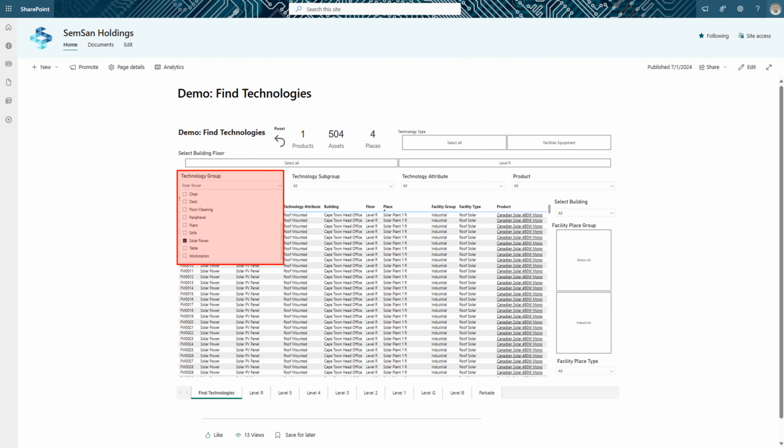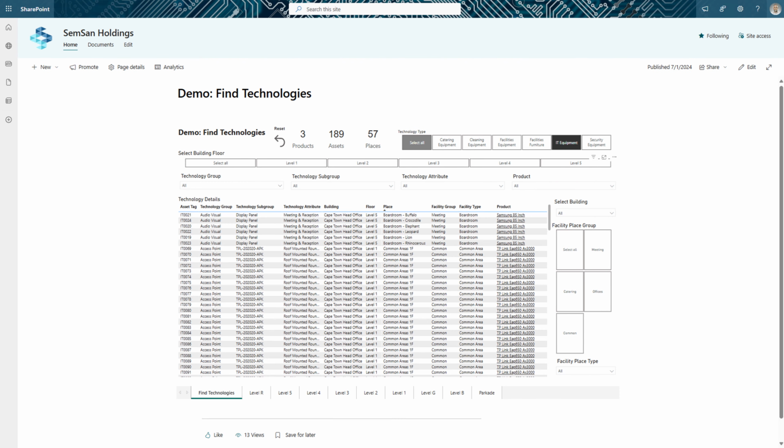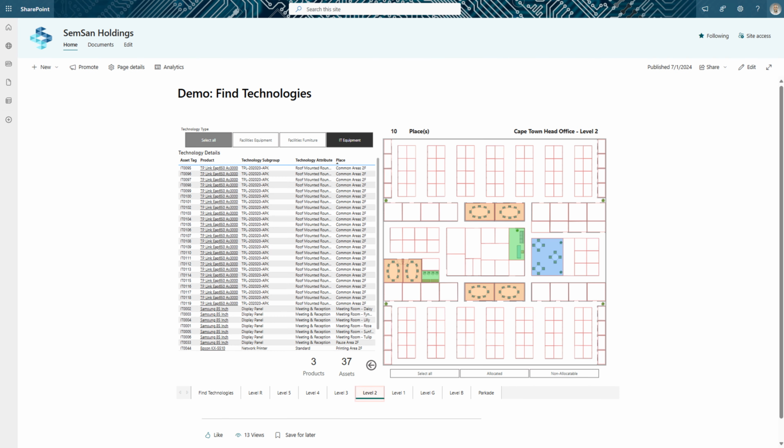For example, we could select solar power from the technology group filter to identify the 504 solar panels in 4 distinct areas on the roof level. We could then plan the maintenance program for these assets in 4 phases and minimize downtime of the solar power plant. Or we could select the IT equipment from the technology type filter and use the Level 2 page to